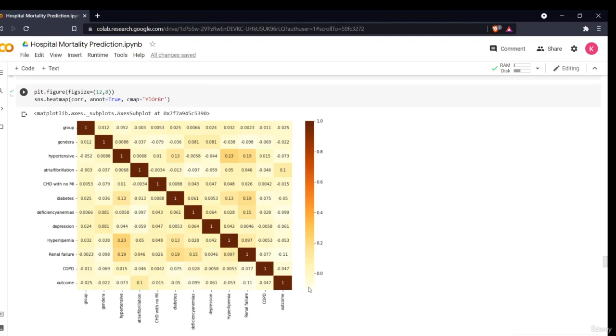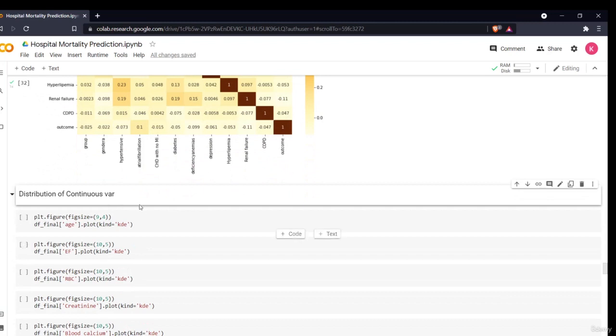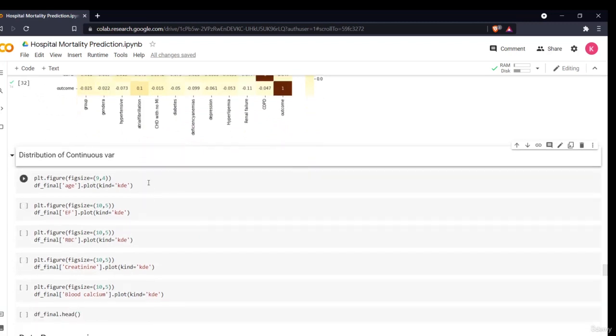The color scheme is very light, and very light is for below zero. Very few of these variables are even correlated to 0.2. Even the highest correlation is around 0.23. So these variables are not that much correlated to each other, but they are correlated to the outcome. Now the last thing we'll be doing is plotting how our